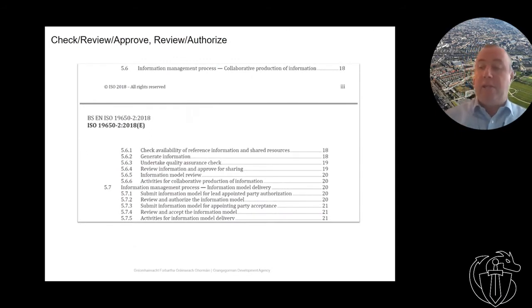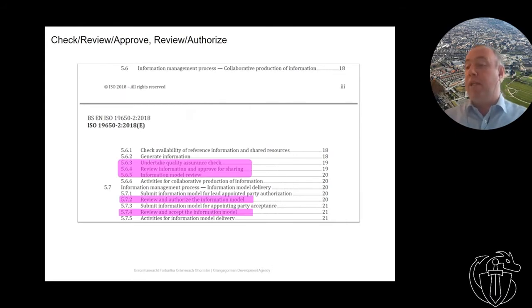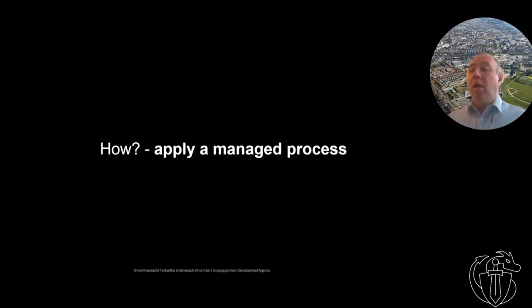It talks about quality assurance and quality checking. It goes through what needs to be done. Like, as a client, really, we look at the standard as 3 things: specify what we want, ensure the right team is contracted to produce that information, and then finally ensure they produce it correctly and do what we want. So applying a managed process is the best way to achieve quality, we feel.